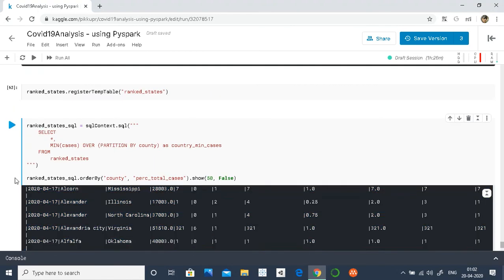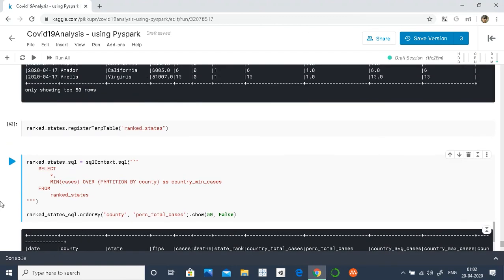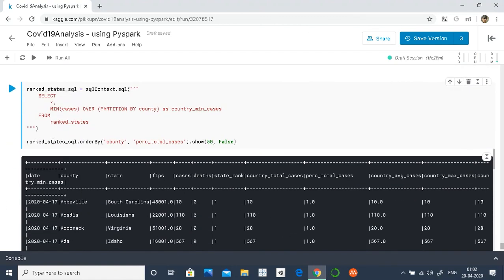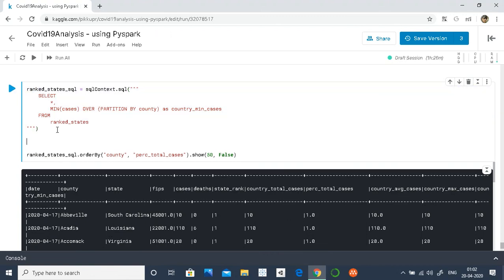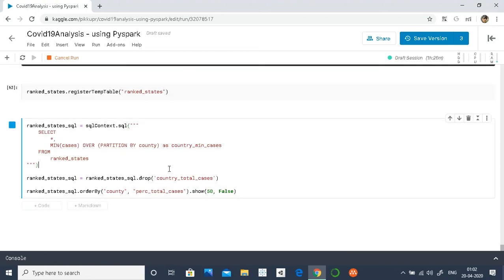Since the data has increased manifold, I'll also quickly drop a few columns so that we can clearly see this data. So how are we going to drop? I'll quickly show you. We just simply write drop. For now, let's drop the total number of cases. Okay, let's run it again.